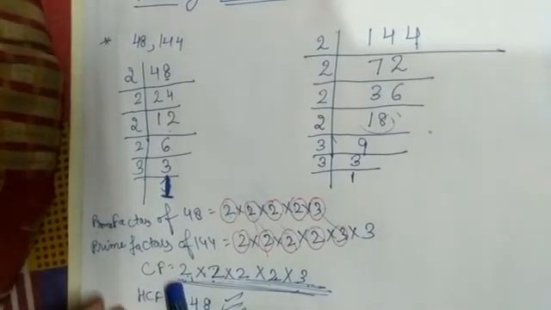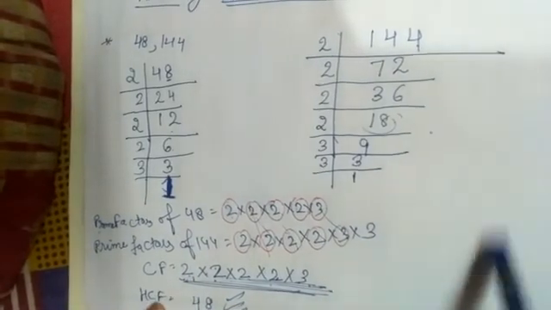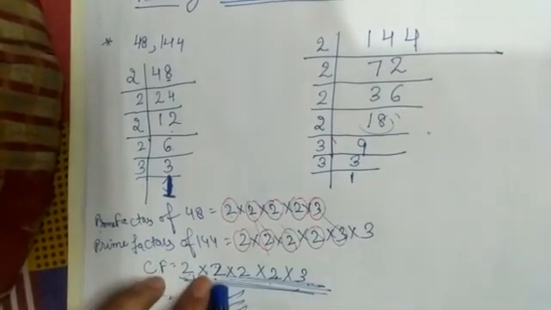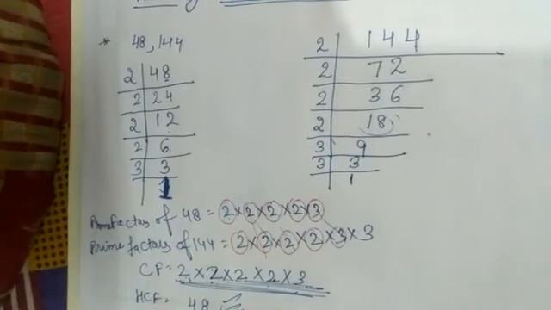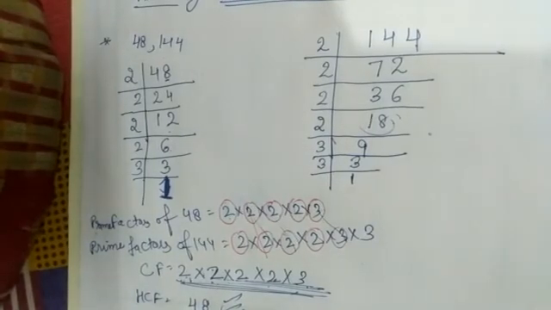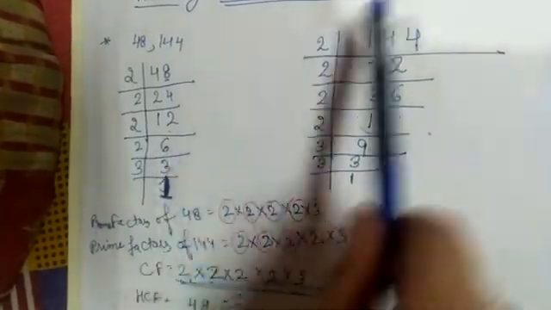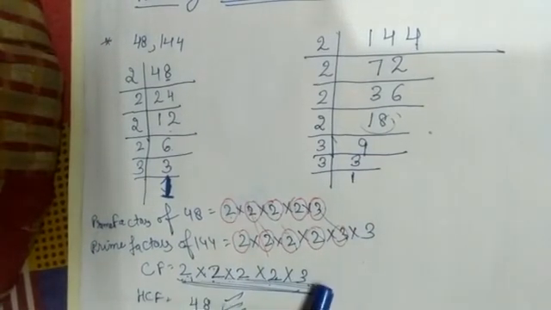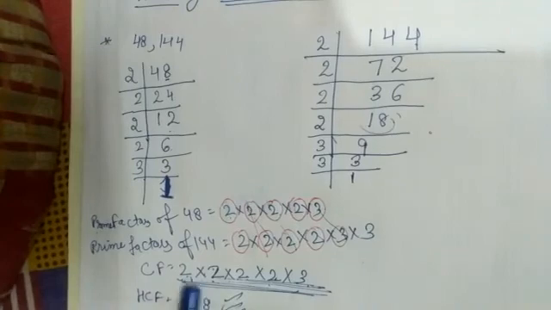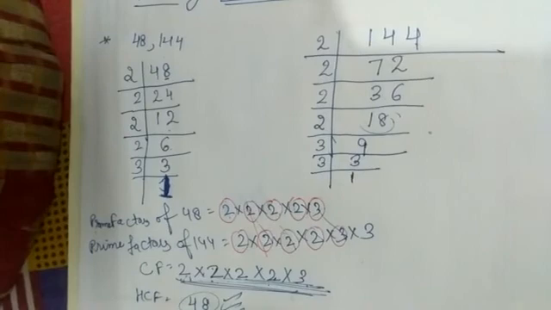Suppose you are not able to multiply like this, you can go for the vertical way also, like 2 twos are 4, then multiply 4 by 2, this way. Okay, it's very easy, students. Firstly, find the prime factorization of 48 and 144, correct? Then find the common factors and multiply all the common factors and you will get your HCF. So like this way, please try all the questions, and if you have any problems, send the queries to me. I will be very happy to help you with that.